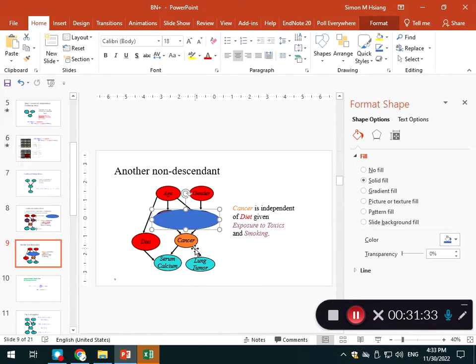Lung cancer is more from respiratory problems, right? Smoking is related to your lung, right? And here what we're trying to show is this: if I know you have this and this, by knowing your diet, does that influence the probability of you going to have cancer or no cancer? Adding the diet into the picture, is it going to change the probability estimation? No, because it's independent from everything, right? Why? Because